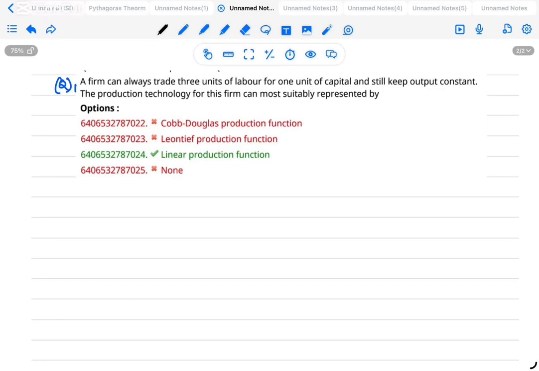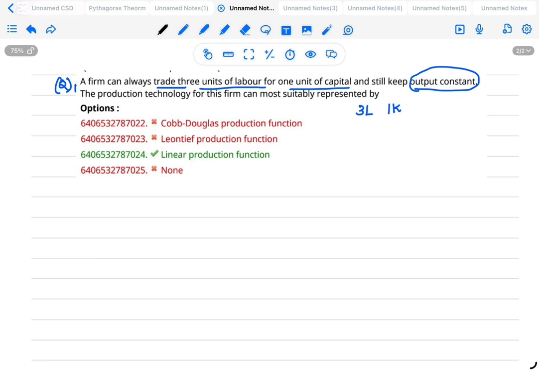A firm can always trade 3 units of labor for 1 unit of capital. So that is 3 units of labor, meaning 3L, and 1 unit of capital, meaning 1 times K. Capital is machinery represented with K, and keeping the output constant is very important. Output is constant. The production technology for this firm can most suitably be represented by